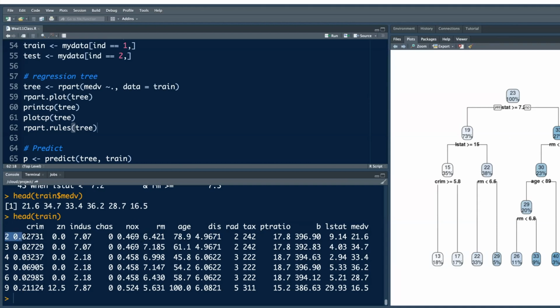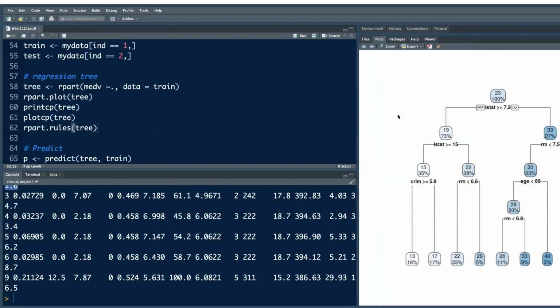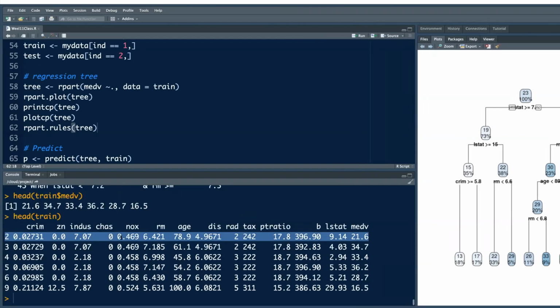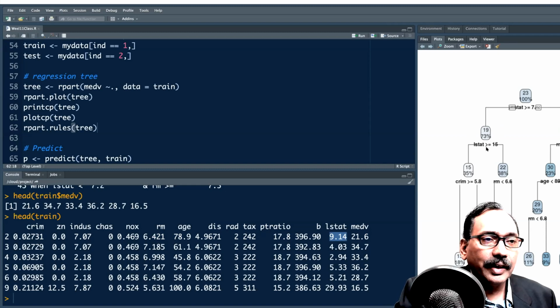So if I pick up this house, if I pick up this data, then how do I make prediction? So the first one is LSTAT. LSTAT is more than 7.2. So look for LSTAT, it's 9.14. So that means I come to this node. Again, check whether LSTAT is more than 15. So because it is 9.4, obviously I turn right